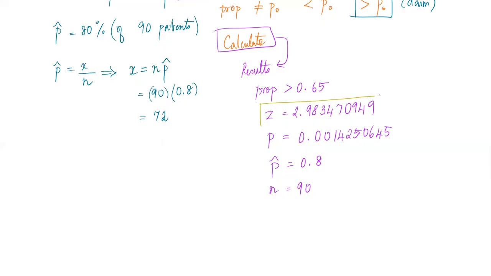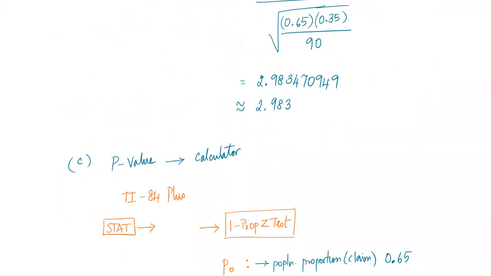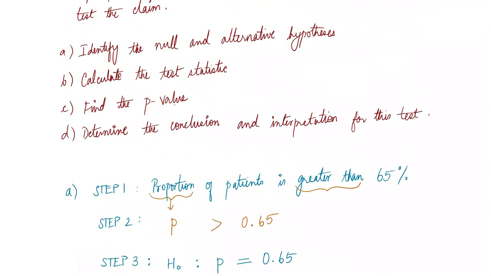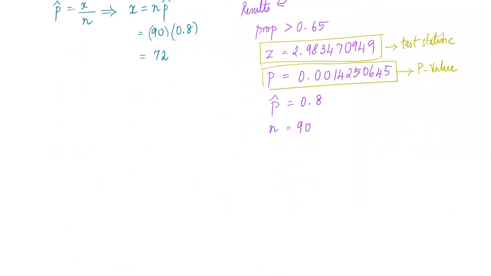You would have used this information as your test statistic. And this information is actually your p-value that they're asking in this part, p-value. So this part C says find the p-value. Let me take you back there just to refresh what the question was. Find the p-value is part C. So we found the p-value to be